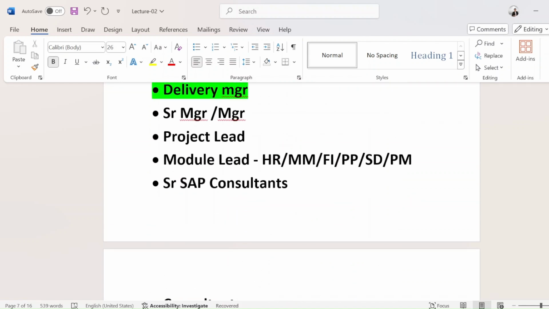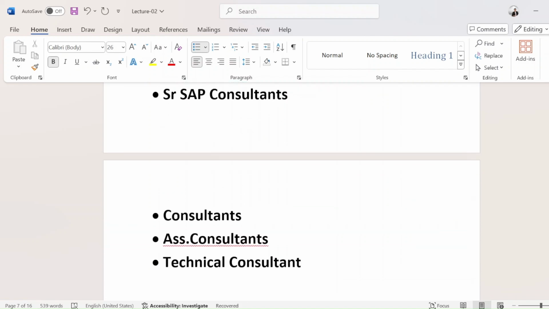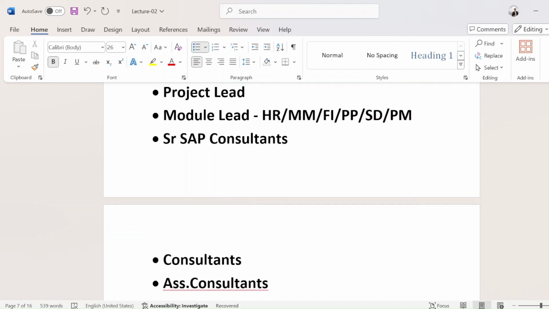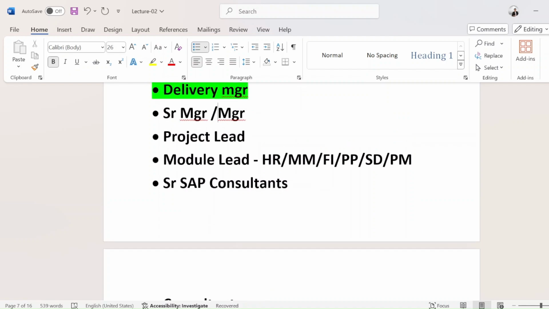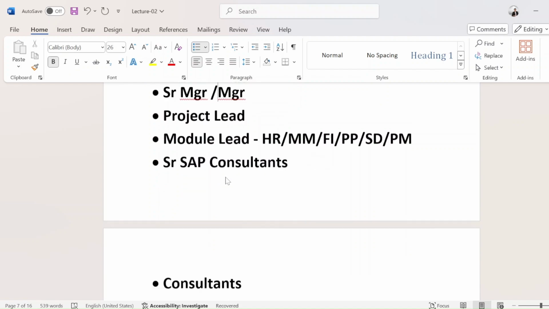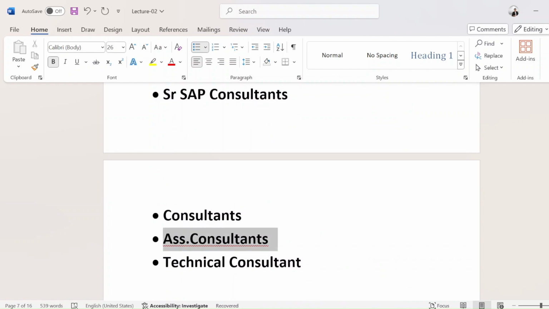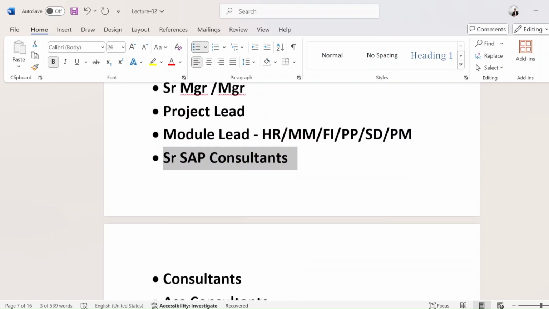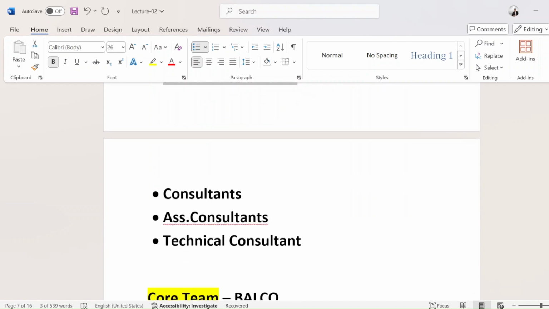If it's a small organization or a small enterprise structure, then a small team is required. That team we used to call the software team. There will be an associate consultant, a senior consultant, a lead consultant, a project lead, a senior manager, and a delivery manager. So all will be there. Let's suppose 10 associate consultants and 5 senior consultants. It depends. It's not going to be the specific number I'm saying. It can be anything. It depends on the size of the project.